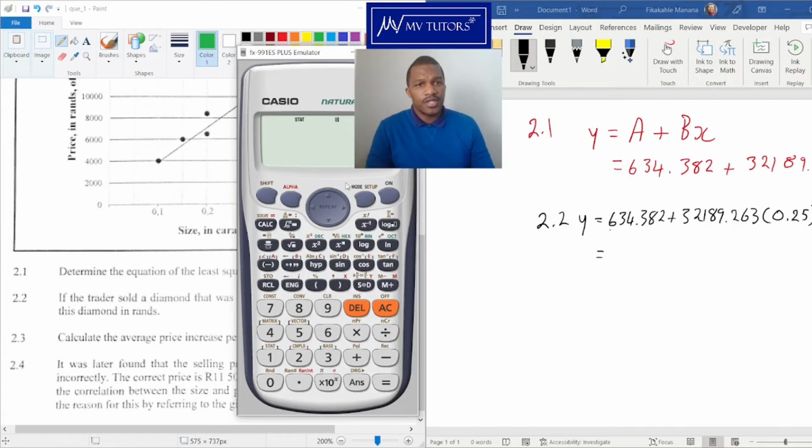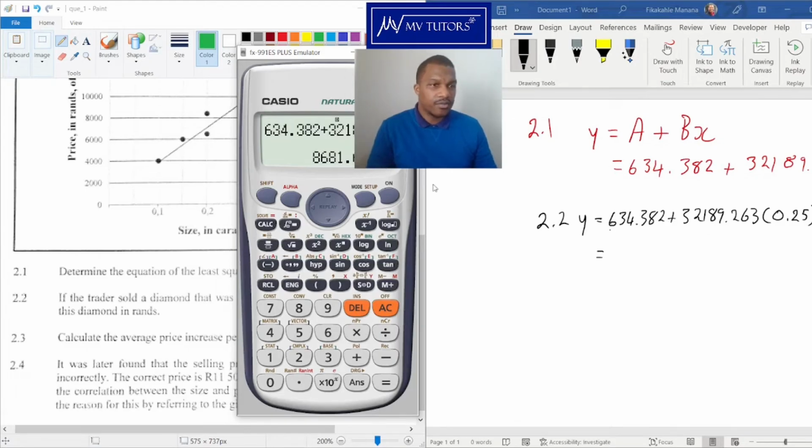Remember, we're still on stat mode, so we go mode. Normal mode is number 1 there. There we go. Cool. So then we can go 634.382 plus 32189.263 times 0.25, and then we get